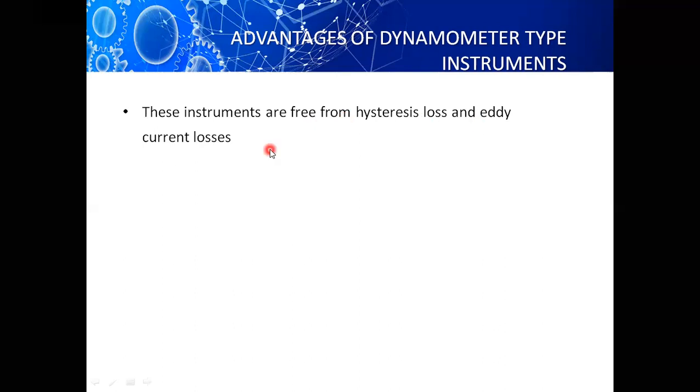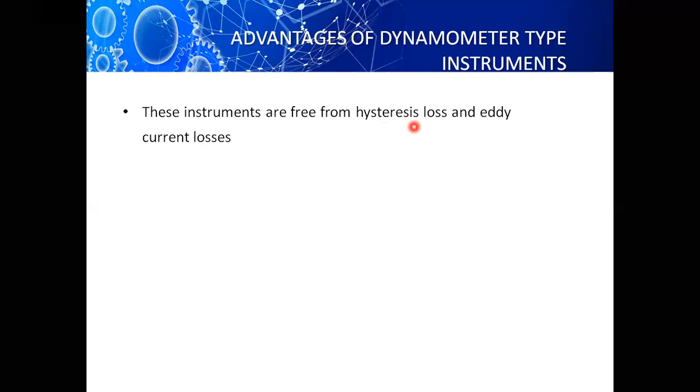We have discussed that eddy current error may occur with the presence of metal parts in the instrument, and hence what we did is replace metal with ceramic. By doing so, we have reduced not only eddy current loss but also hysteresis loss. These losses come into picture a lot when AC currents are flowing in the instrument.